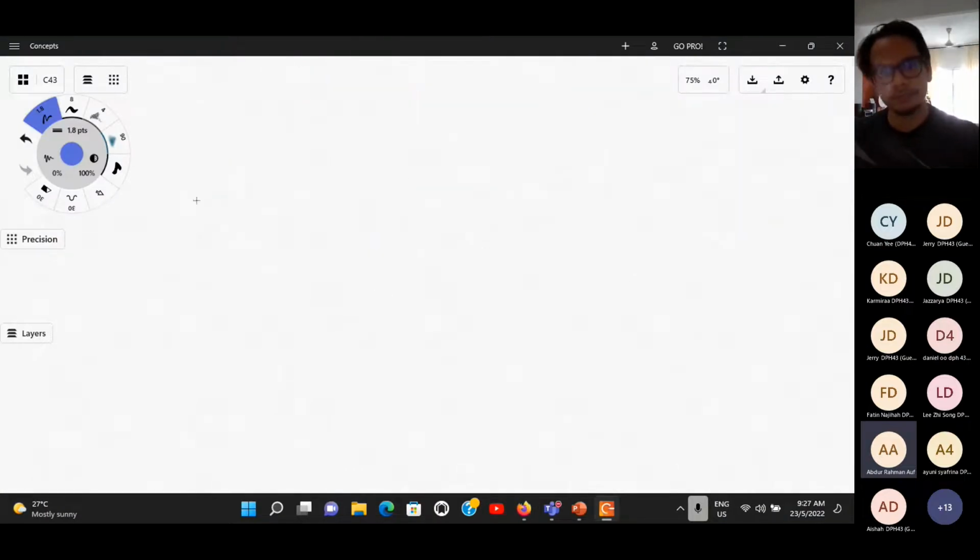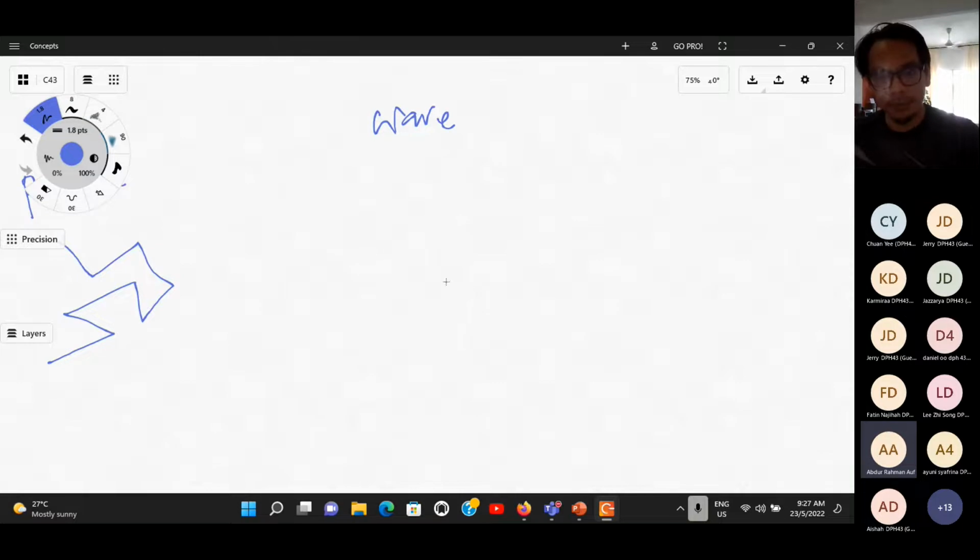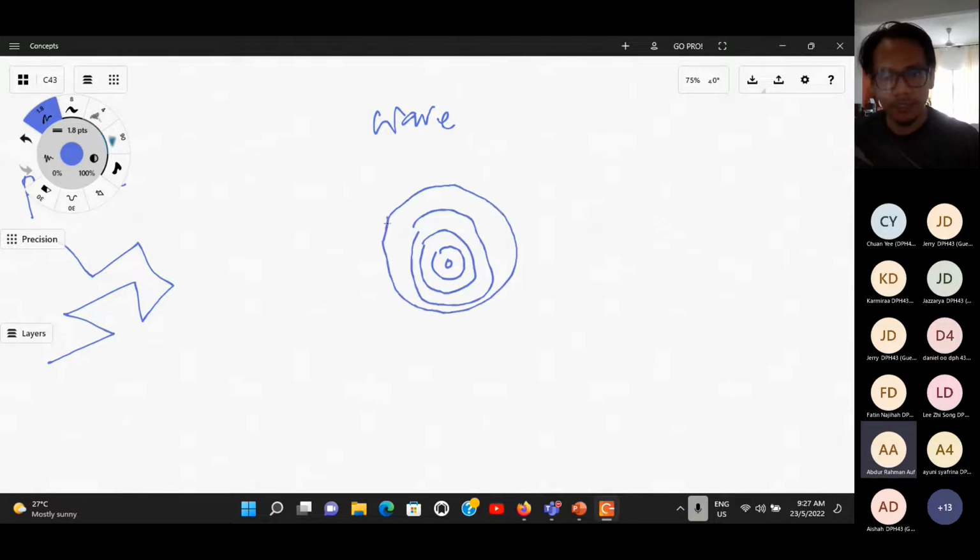So if we take first, let's go back, a particle as I said just now, it moves randomly. It moves from one point to another point. So that's what it means when we say a substance moves like a particle. When we say a substance moves like a wave, what it means is it moves in a wave like pattern. So I gave an example just now, if you take a small rock, you throw that rock into water, you will see from the top this pattern,